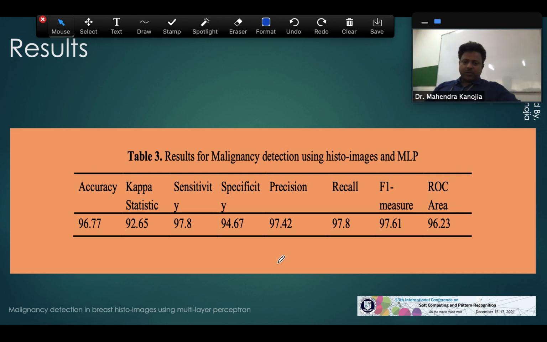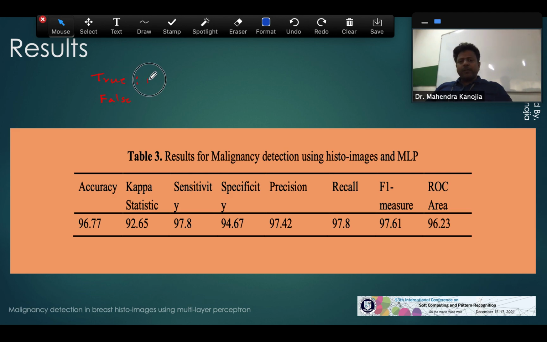So what results have we produced? Let's discuss what results we have got. Obviously we are working on a classification model. So we talk about a confusion matrix with true and false, true positives and false positives.